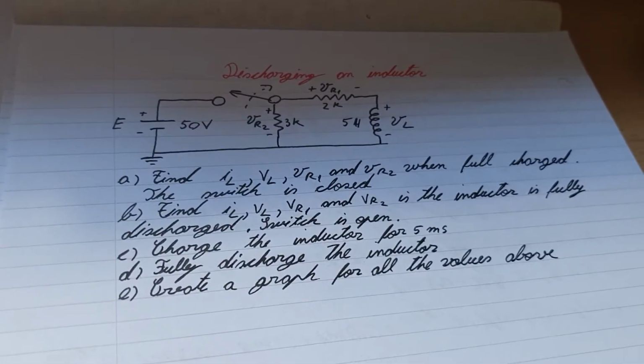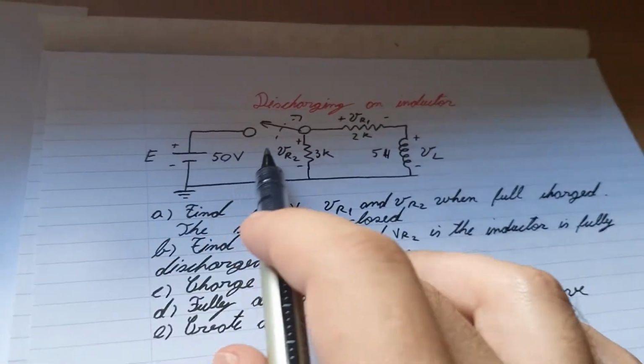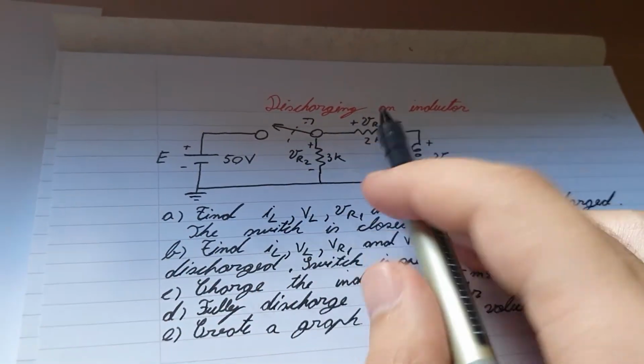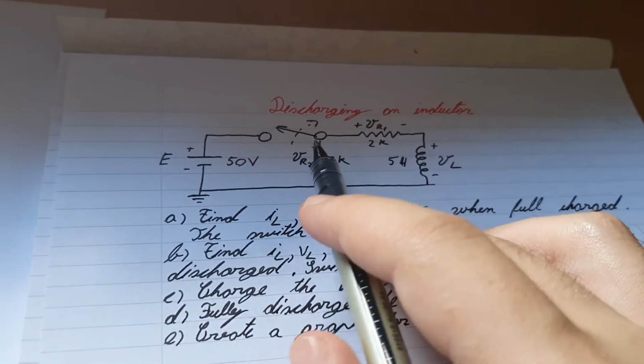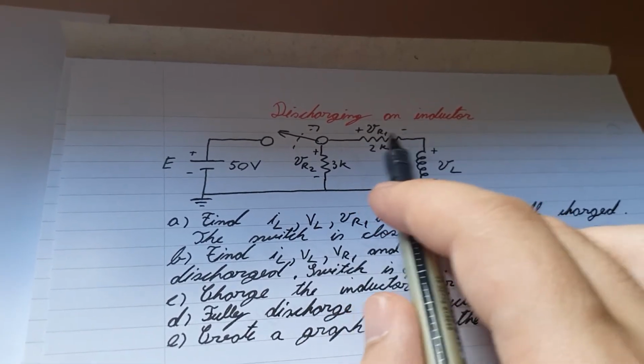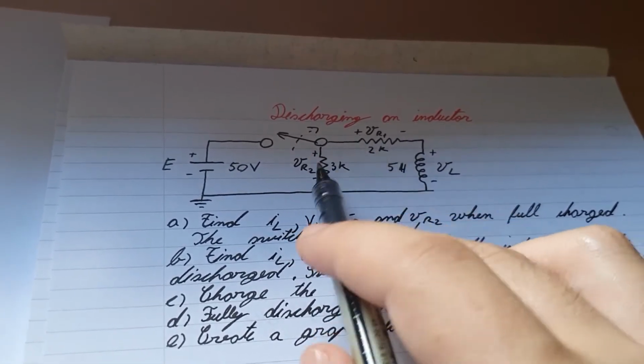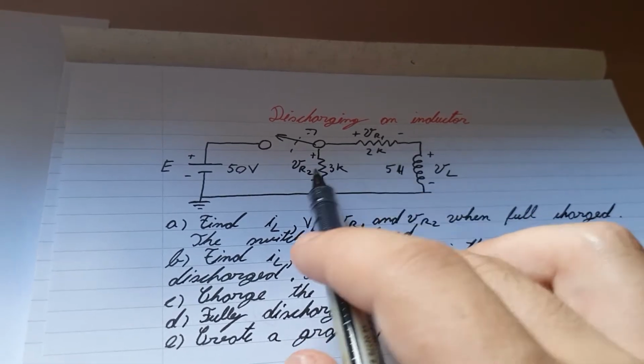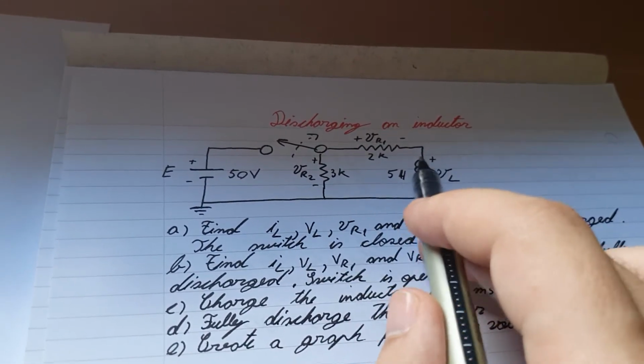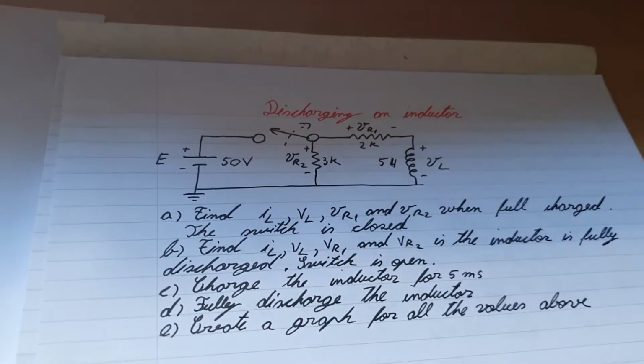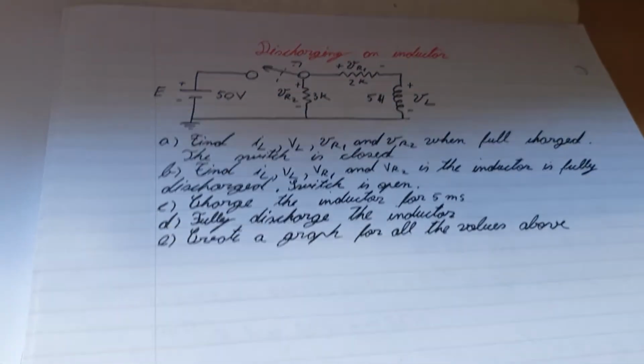All right, and let's look at the circuit as well. Here is the voltage source of 5 volts, here is the switch, and here are the resistances R1, R2. I just put them for the sake of diversity, adding more components in a circuit. And the inductor, they got 5 microhenries, no, 5 henries.